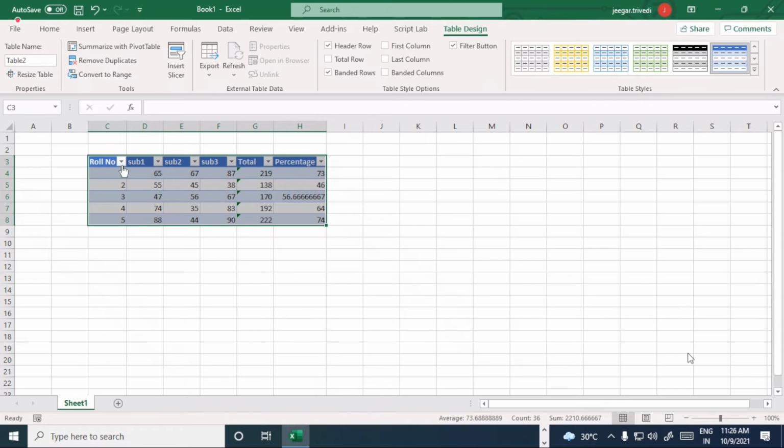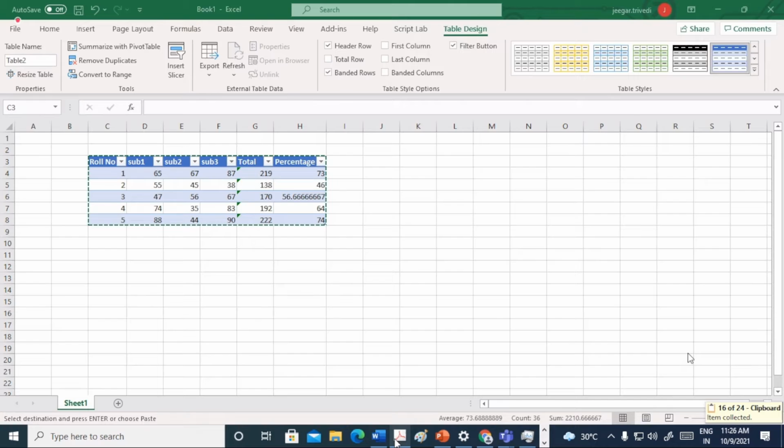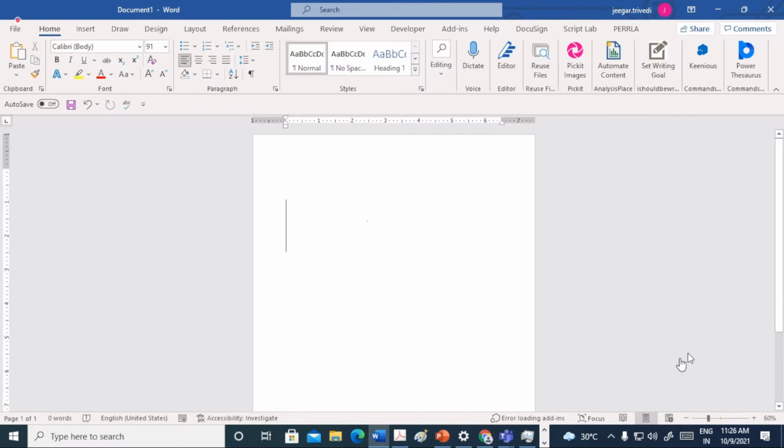Right, so with the roll number, subject 1, 2, 3. What is the advantage of doing this? When we have a table, we can directly manipulate these values in the table. Now when I copy this and put it in Word, look at this carefully.